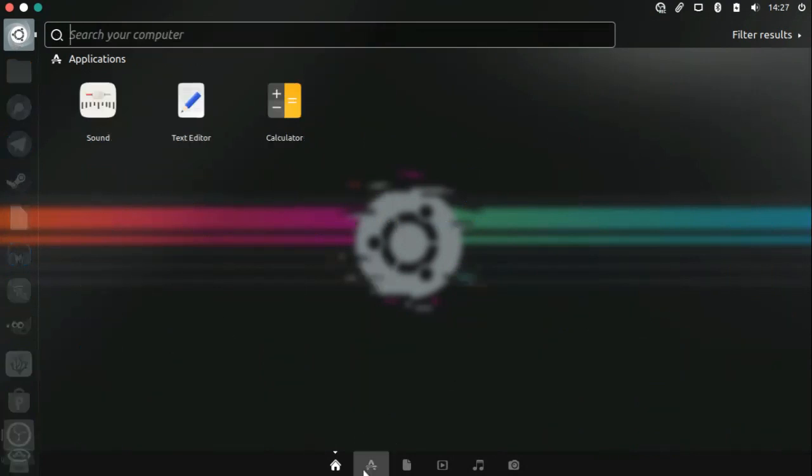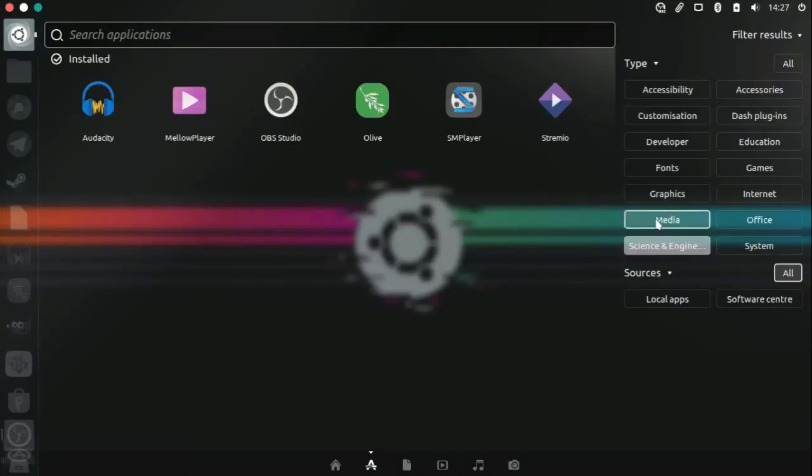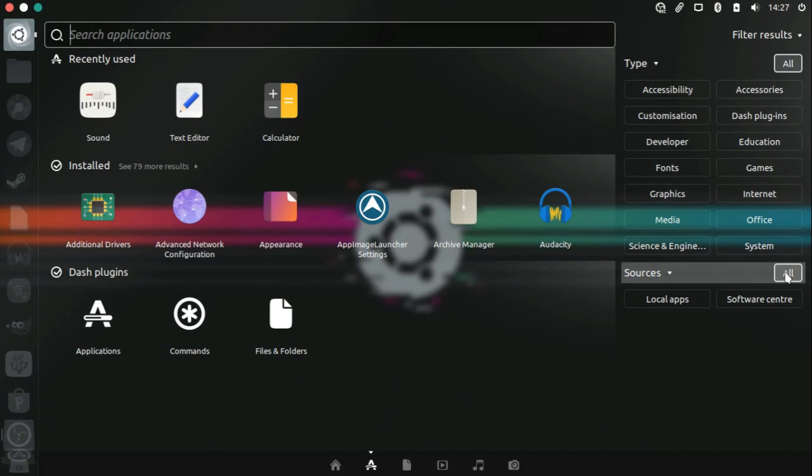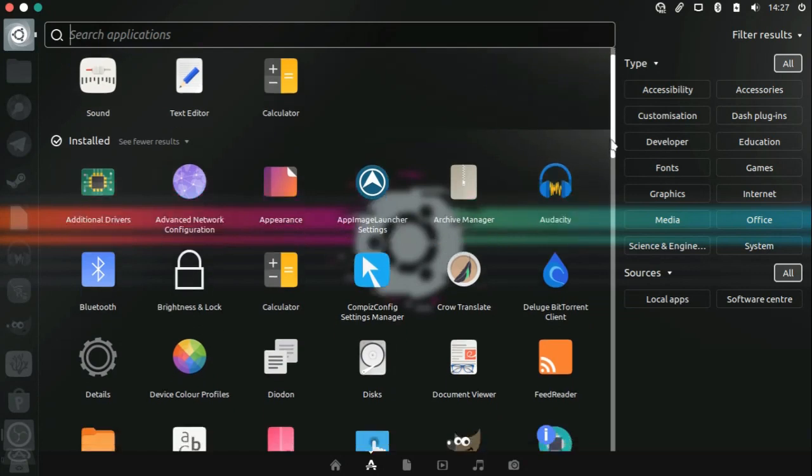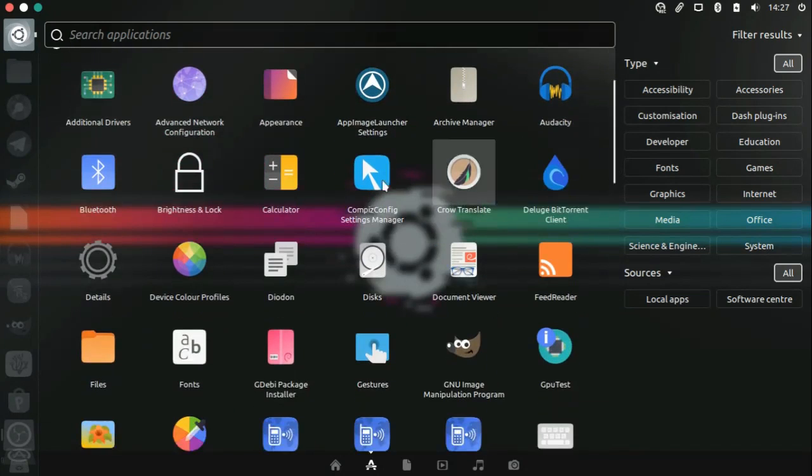Let's have a look at the applications, shall we? Let's just go all. Untick media and just go all. Installed. See 79 more results. This is what you get. There's your usual additional drivers thing, advanced network configuration, the appearance, app image launcher settings, the archive manager, Audacity, Deluge,